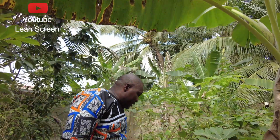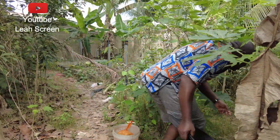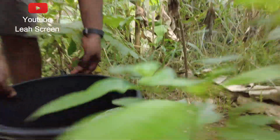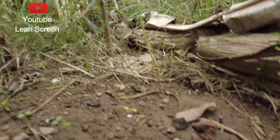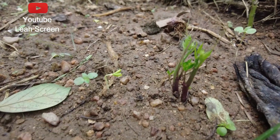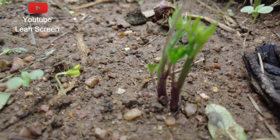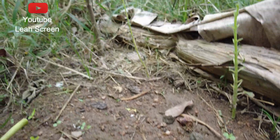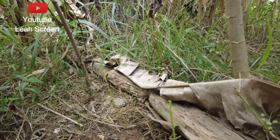So let's wet the other one. Please come forward. Beautiful people, you can see the ugu. This one, I planted this on a different soil, so we're going to add